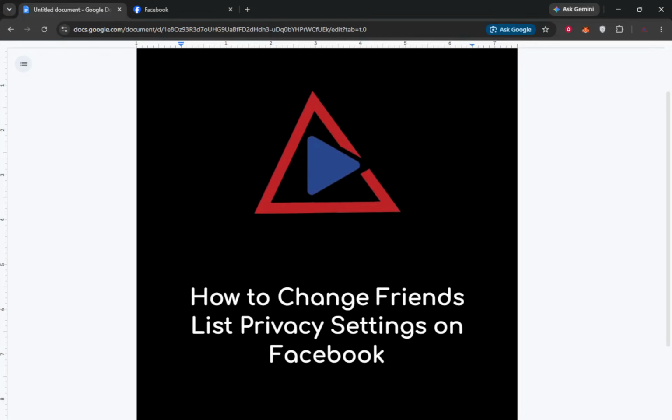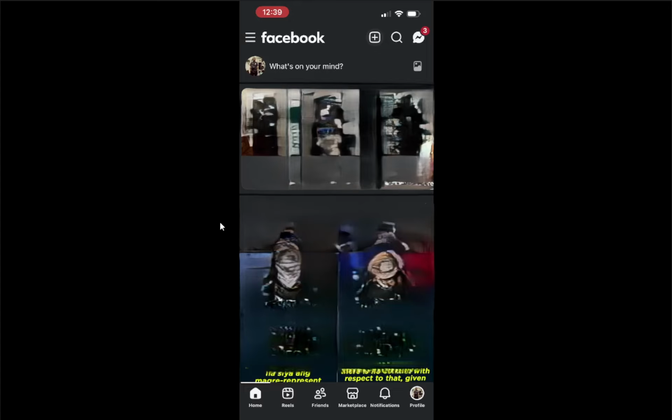On your phone, start by opening the Facebook app. Once it loads, you should land on your main feed with posts and the navigation bar. If Facebook opens to a different tab such as groups or notifications, that is fine, as long as you can see the main icons along the top or bottom.